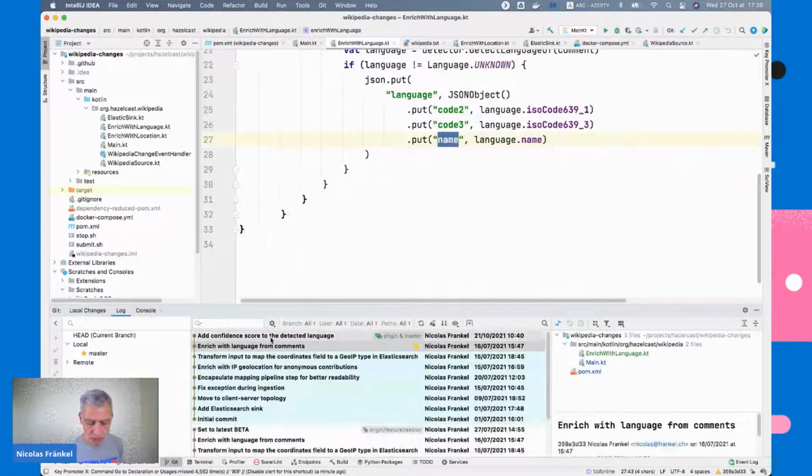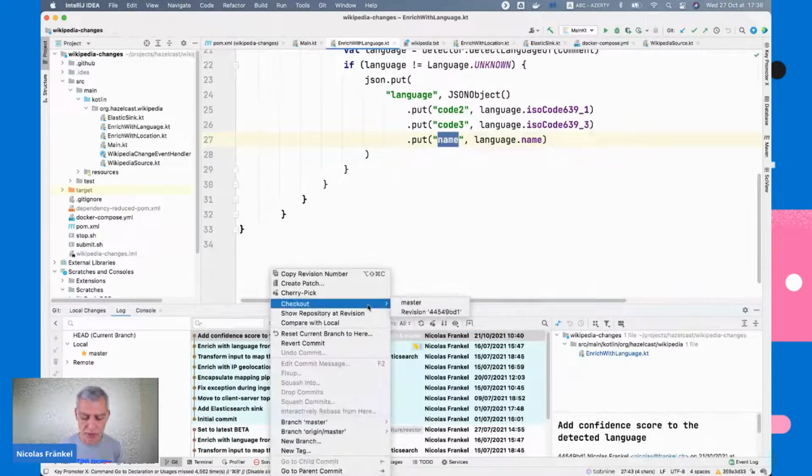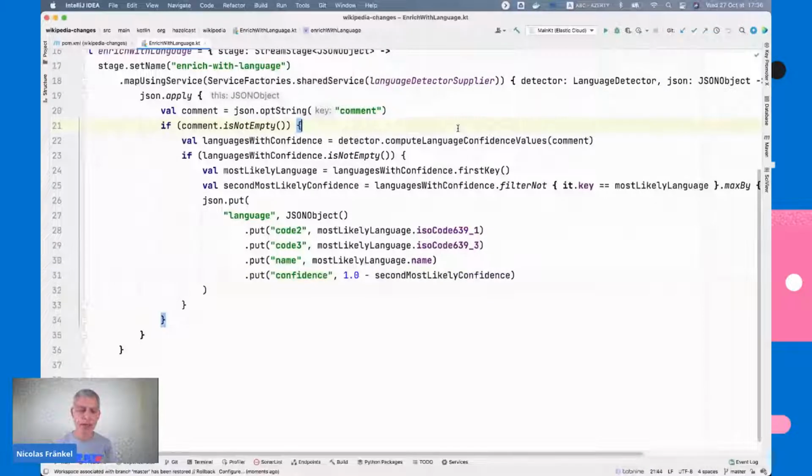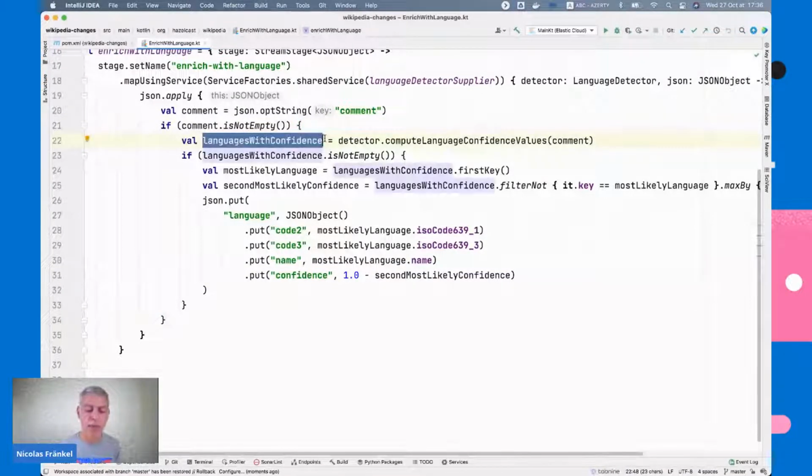So what I want to do is to have a degree of confidence. So I go a bit further. When I detect the language, I don't detect a single language. I detect as many languages as I can. And the library allows me to do it. It returns a sorted map, with the first value as confidence 1, and it's the language that is the most confident.